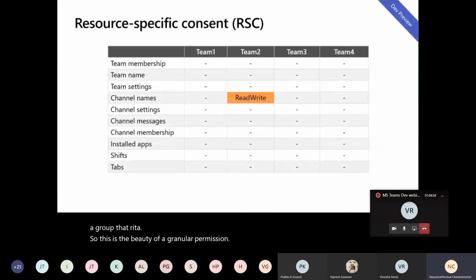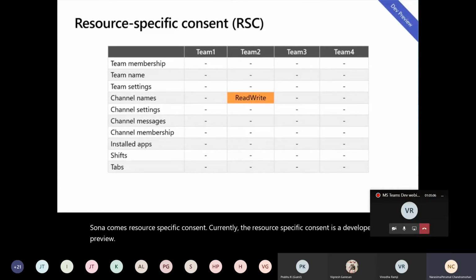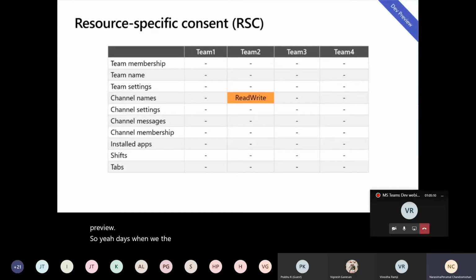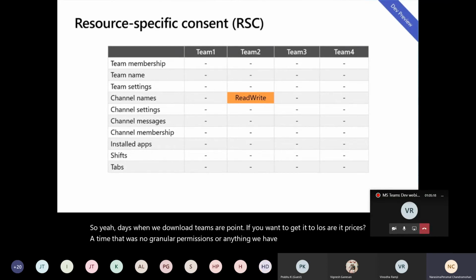So now comes the resource specific consent. Currently, the resource specific consent is in developer preview. In the earlier days when we developed Teams apps, and if you wanted to get them into larger enterprises, at that time there were no granular permissions or anything. We had only group.readWriteAll.